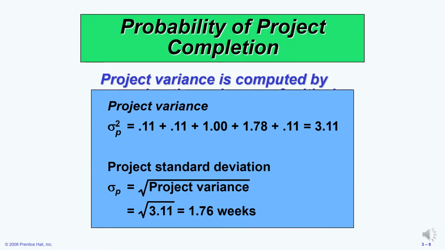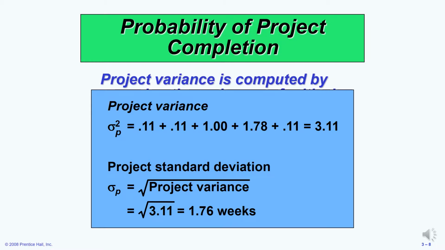So, we take each of the individual variances that form the critical path and we add them together and we get 3.11. And this is the project variance. Now, we need one more calculation. We need the project standard deviation. To calculate the standard deviation, we just find the square root of the project variance. So if the project variance is 3.11, the square root of that gives us